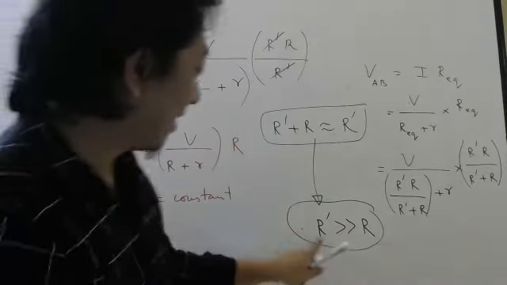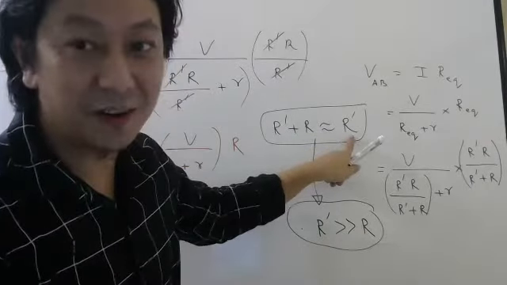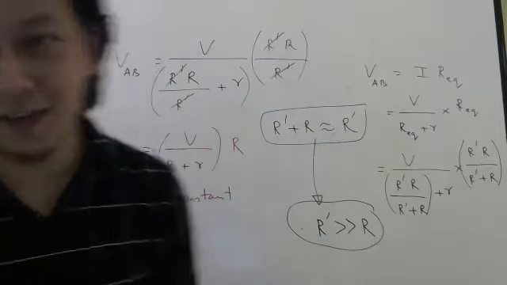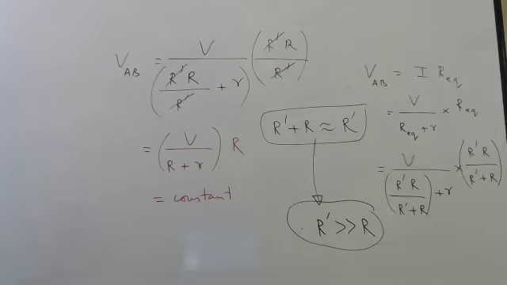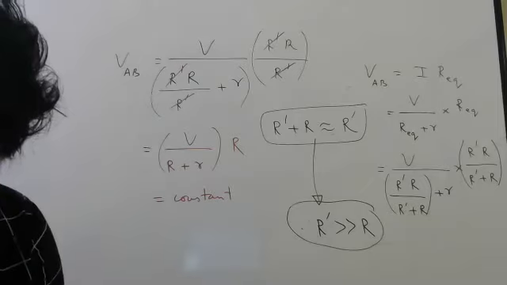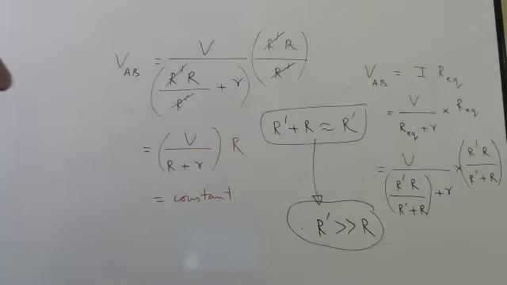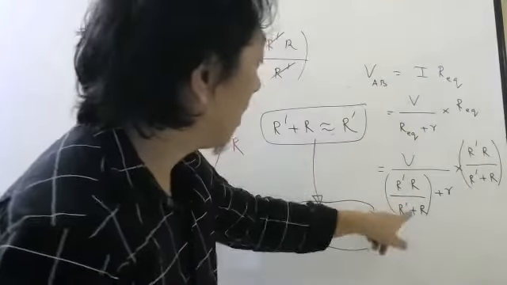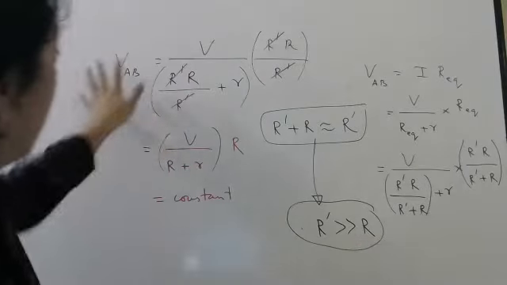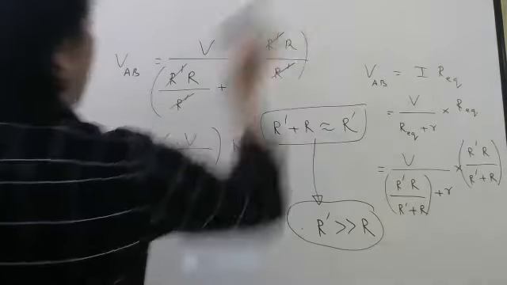almost, because it is not exactly R dash, but approximately it is R dash. So approximately the voltage will be constant, and that is what they told, nearly constant. So option A is also correct, because once I find the voltage and put the condition that R dash is very large, I find that the voltage is more or less constant. Okay, let me rub this part.